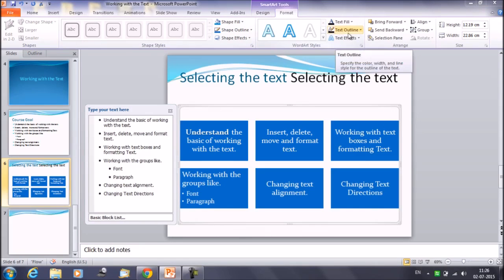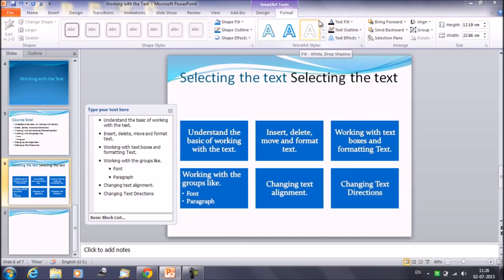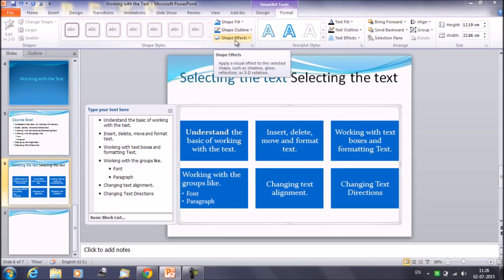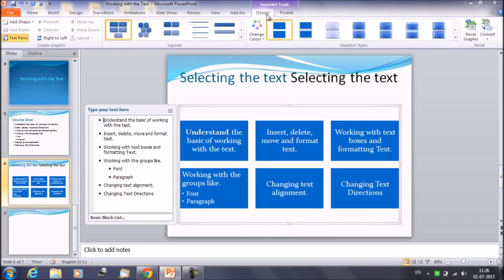Text outline, you have a lot of options here to explore. Shape fill, shape outline, that is related to your text, what is written here. Whatever you're going to select, that would add property to the text. Whatever you're going to select in the design, that is going to add property to the placeholder. So you can keep selecting as per your requirement, and with the help of the SmartArt tool you can modify a lot of things here. If you want to come back to the original thing,